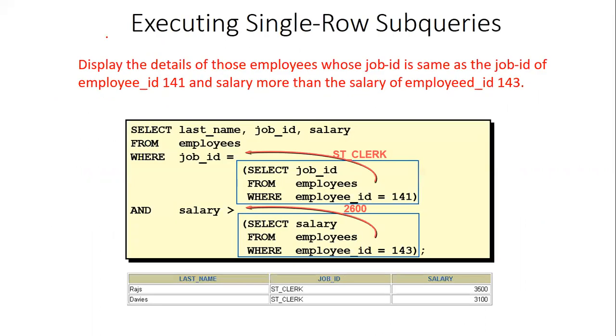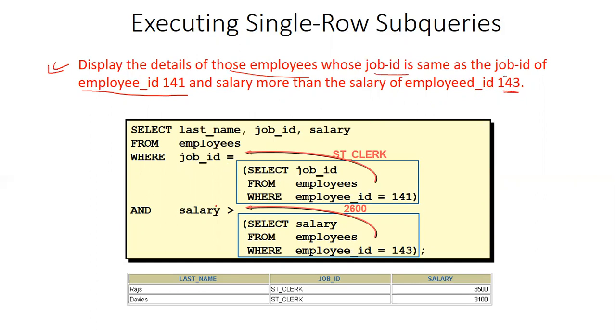Now, how will the subquery be executed? Consider the example: display the details of those employees whose job ID is the same as the job ID of employee ID 141, and whose salary is more than the salary of employee ID 143. There are two conditions.